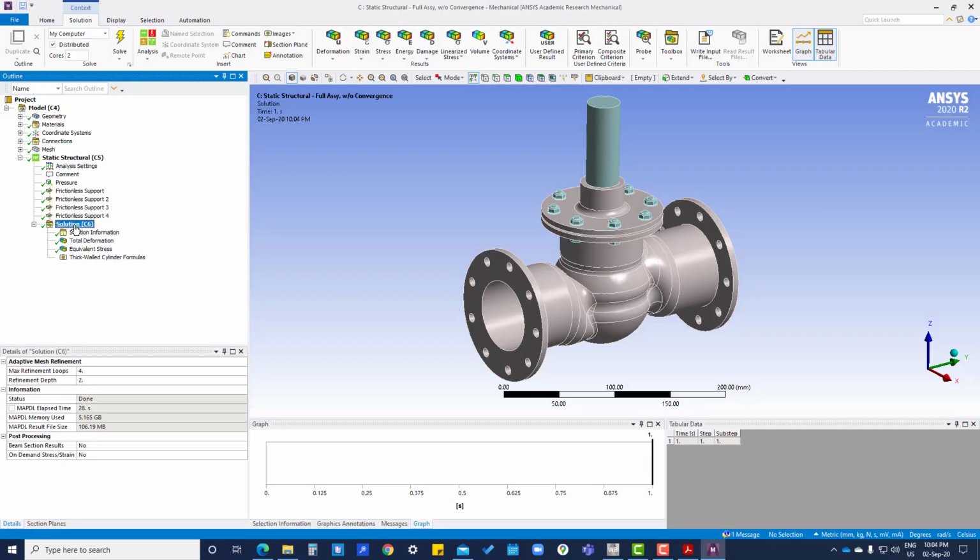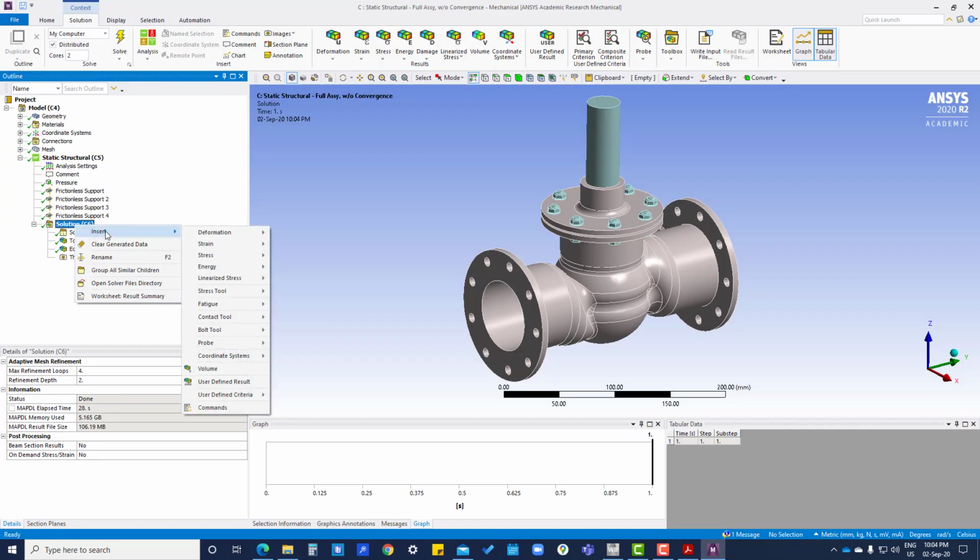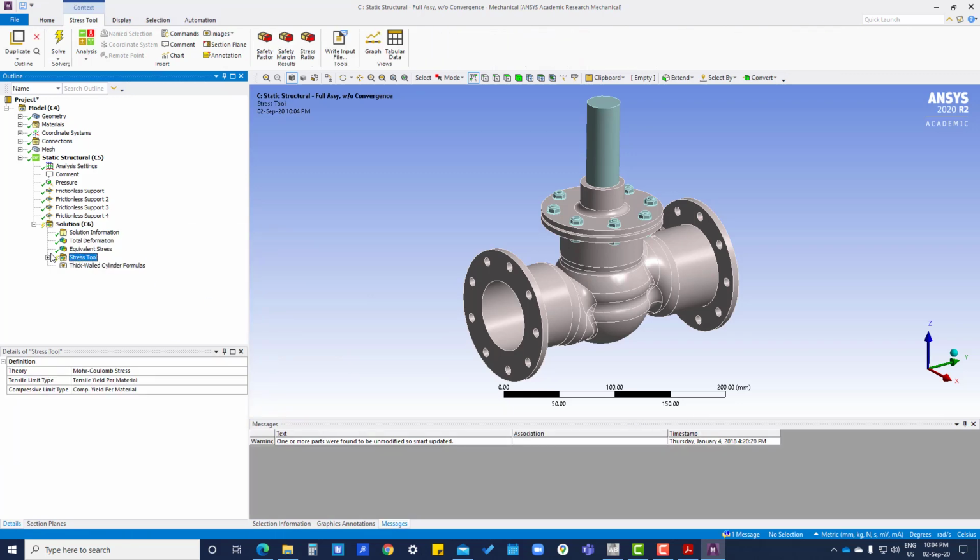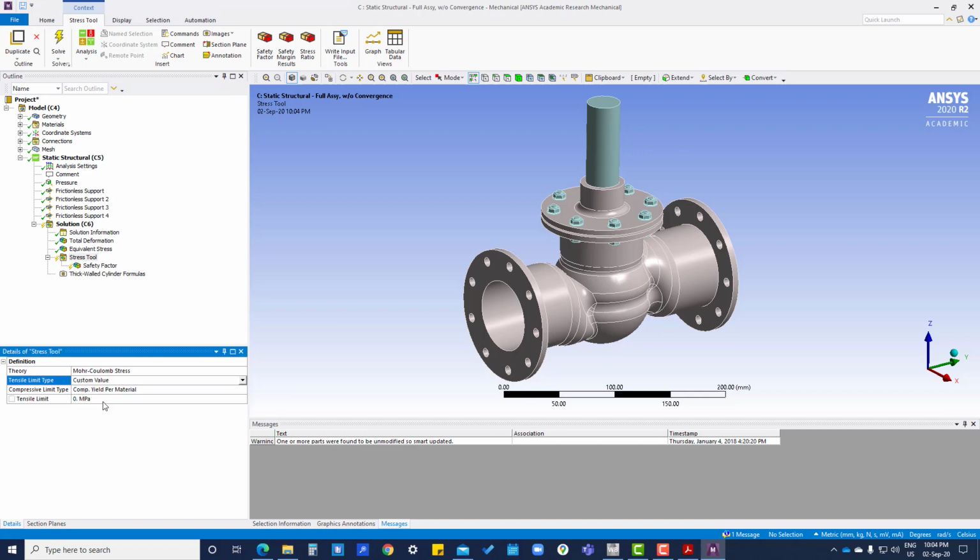Here on solution we will right click, insert, and then more column stress. Here we are going to limit the tensile strength and also compressive. So you can see here we have to change